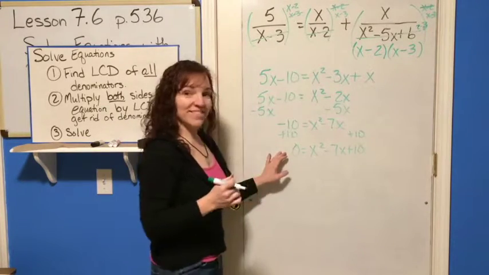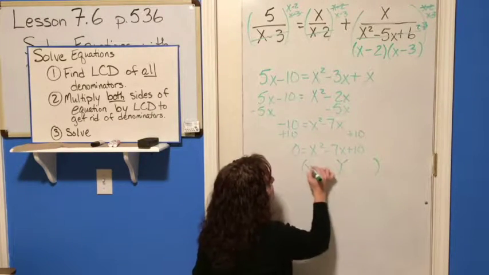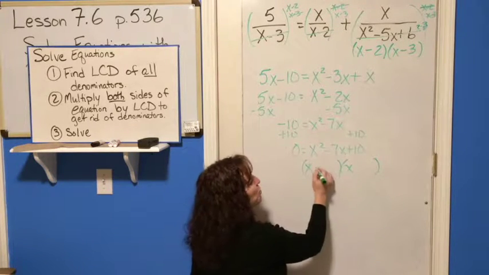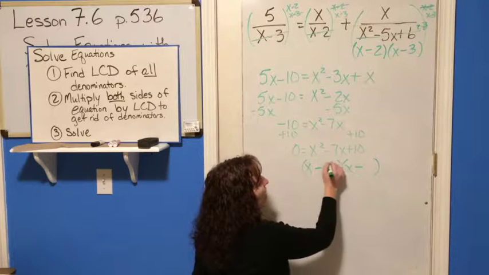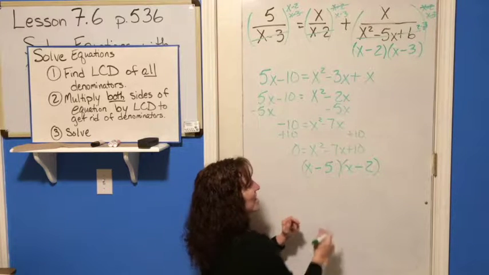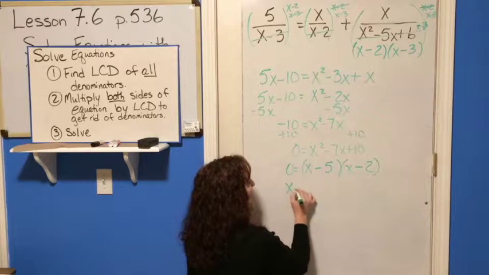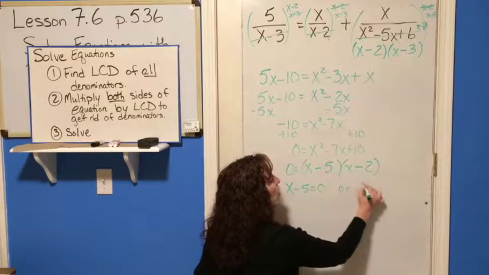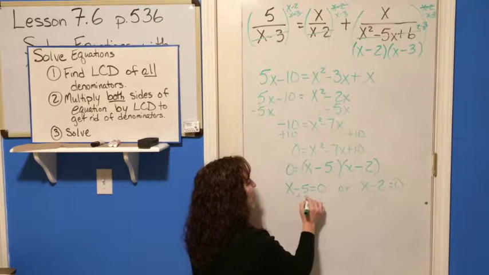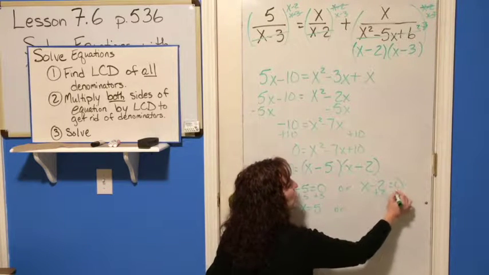So now when you're solving for x, we're going to factor again. Lots and lots of factoring. X times x is x squared. Signs are the same. This says that the signs are both negative. So I want 5 times 2. And now negative 2 plus negative 5 is -7. So remember, if this times this equals 0, either x minus 5 equals 0 or x minus 2 equals 0, one or the other. Solve each one, add 5 to both sides here, so x equals 5, or add 2 to both sides here,